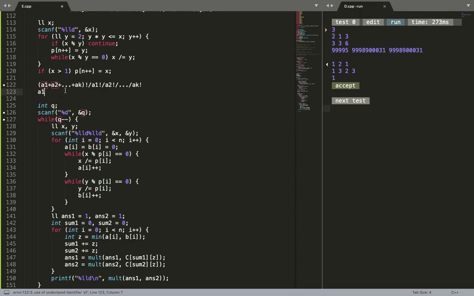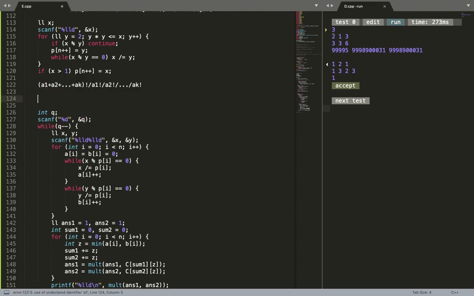Basically I will multiply and divide by factorials of all the prefix sums, and then regroup the formula. So I will get something like